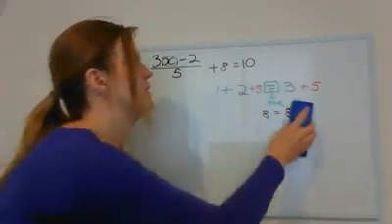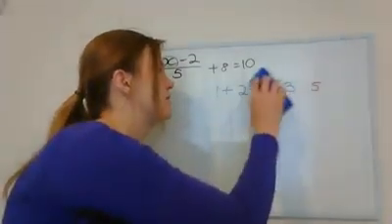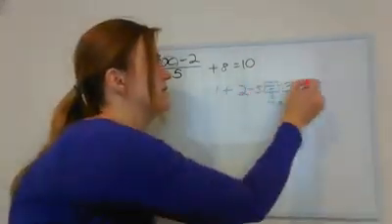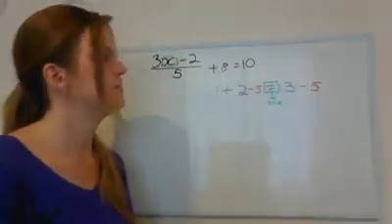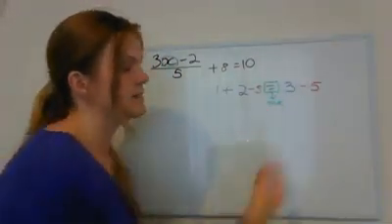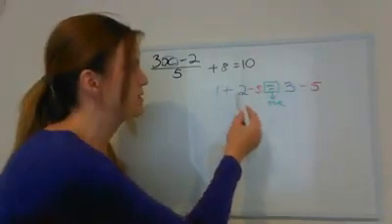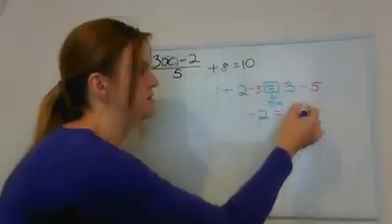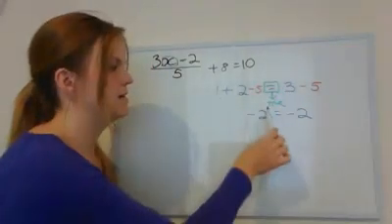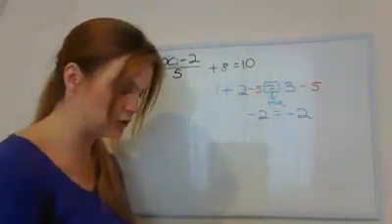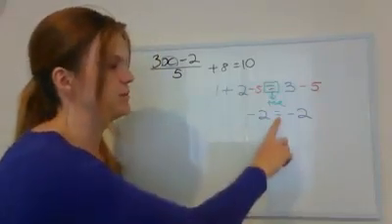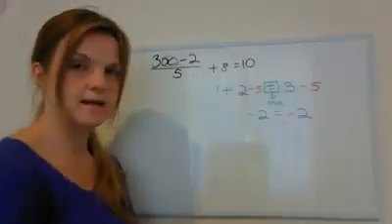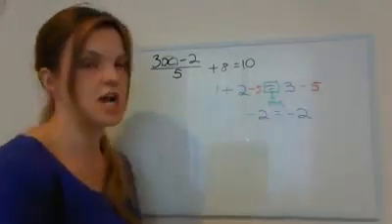hold true. Now, let's quickly do the same thing for minus, and just see what if we minus 5 instead, what happens to our equation? Again, we would do exactly the same thing on both sides. 1 plus 2 is 3, minus 5 is negative 2. 3 minus 5 is negative 2. Again, both sides have the same value, so our equation is true. So we can just leave it like that, it's fine. So making a plus or a minus, as long as you do the same value change on both sides, it